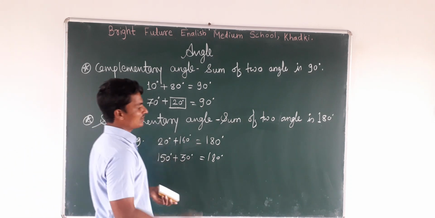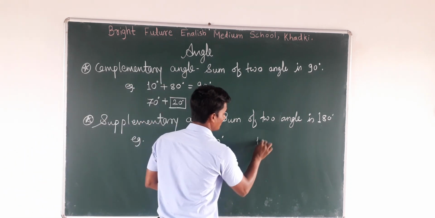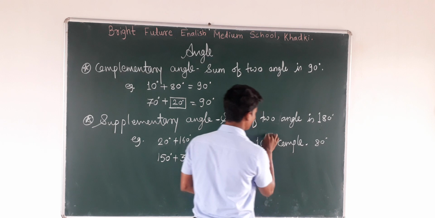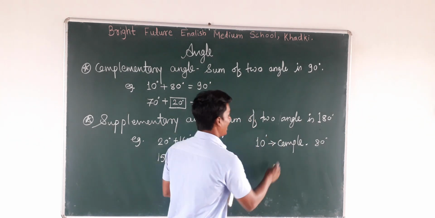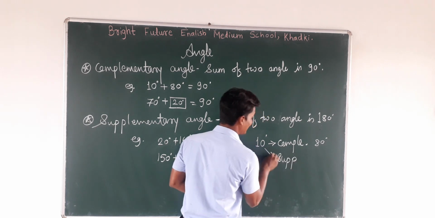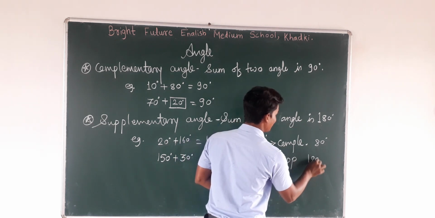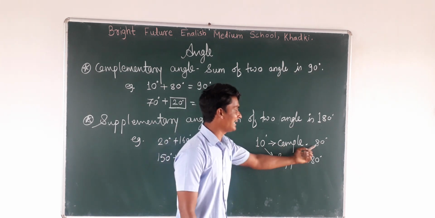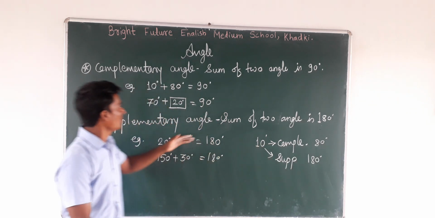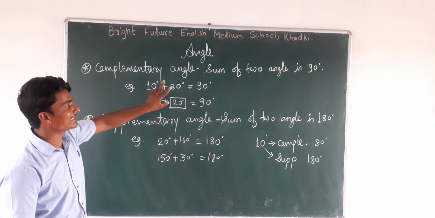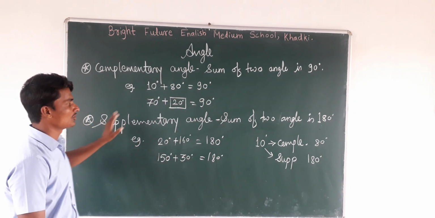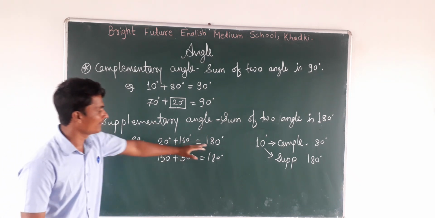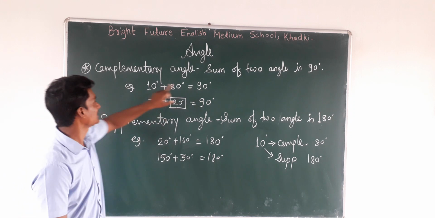Understood? Sometimes a question is like this: if it is 10, what will be its complementary angle? The complementary angle will be 80 degrees. And what will be the supplementary angle of this 10? The supplementary angle will be 170 degrees, because supplementary means the addition of the two should be 180, and complementary means 90 is needed, 80 plus 10 is 90 degrees. So complementary means two angles whose addition should be 90. Supplementary means the sum of two angles is 180 degrees. Their addition should be 180. That is called supplementary. A 90 degree addition is called complementary.